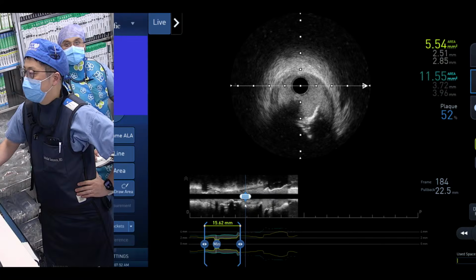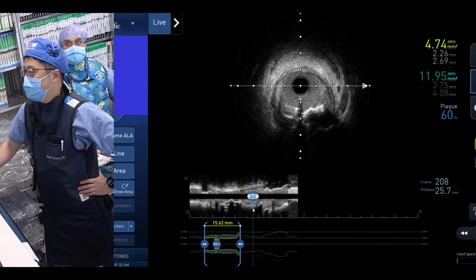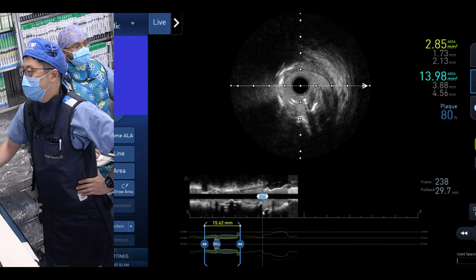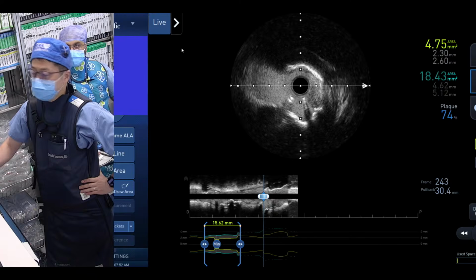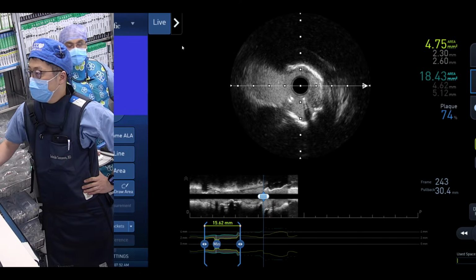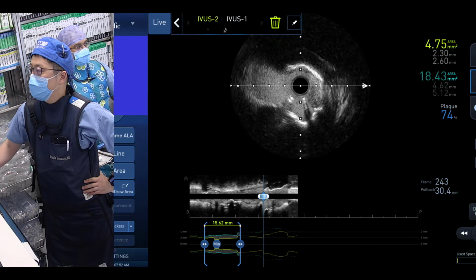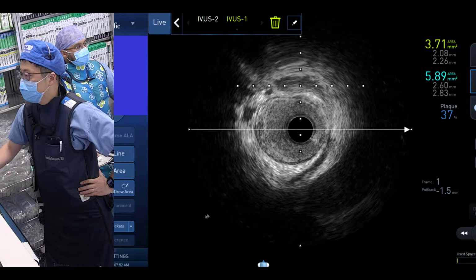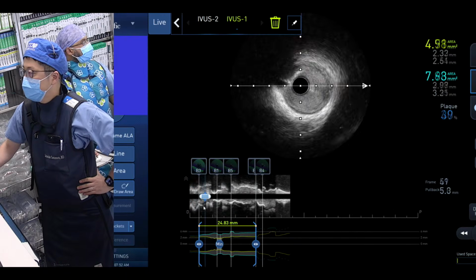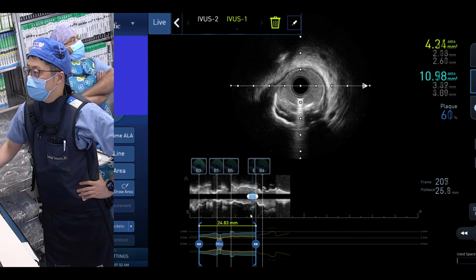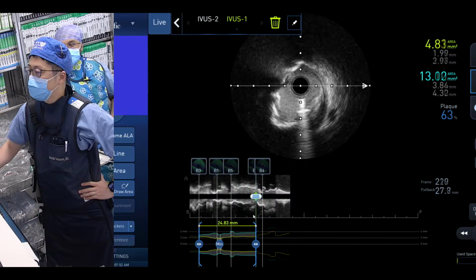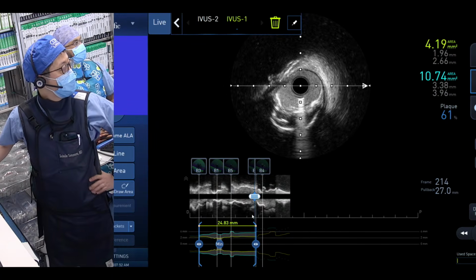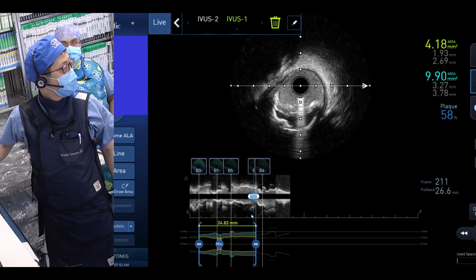Now, when you go back to the LAD at the level of the bridge, go to the first pullback. Give us the vessel size there. Yeah, that part is a 2.75 vessel. 2.5? You still want 2.75? Dr. Kinney, there's a diffuse plaque to the ostial LAD. So where do we cover? The proximal edge of the stent is going to be